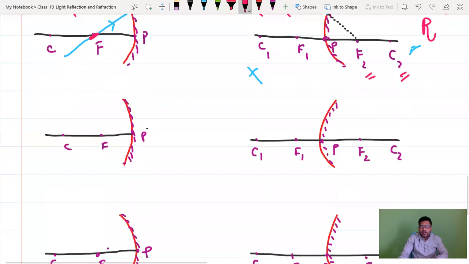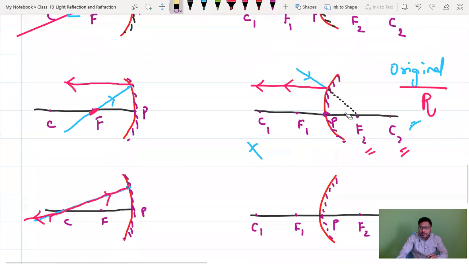Next, don't get confused. Third one, what is the third rule we have discussed? If a light ray is passing through center of curvature, after touching the mirror, the ray will reflect back through center of curvature like this, right? Now, same thing. It should pass through center of curvature. Guys, passing through center of curvature means please don't draw this one. This is wrong. It will not pass like this. So same like this. How is it passing through center of curvature? Like this it will pass.